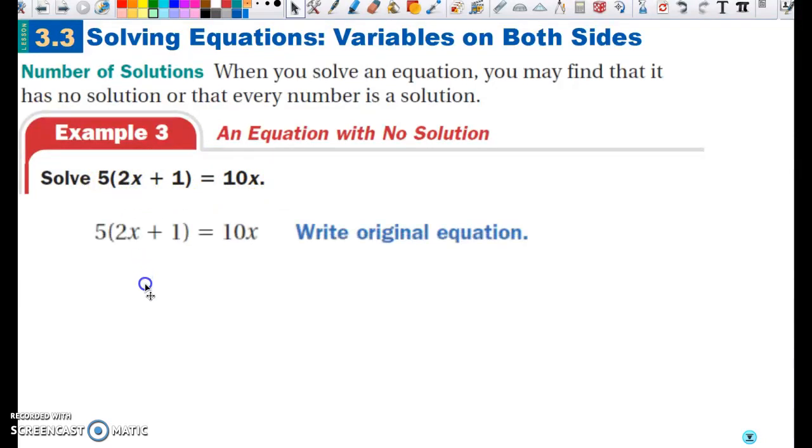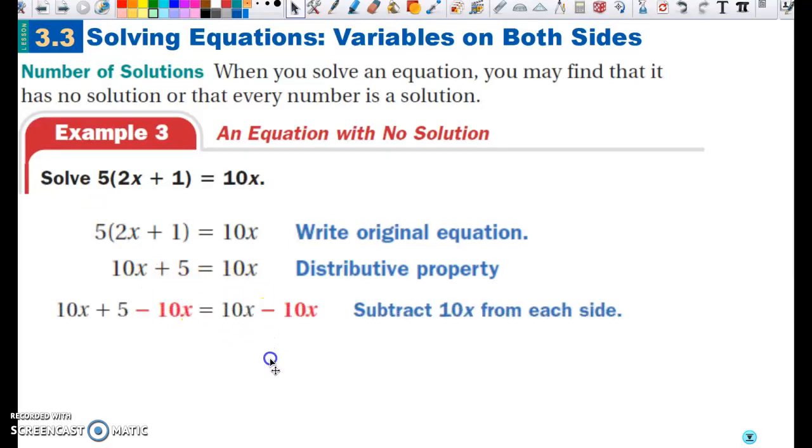Begin by just looking at the equation and then trying to figure out what to do next. In this case, distribute the 5 by multiplying. 5 times 2, 10x. 5 times 1, 5. Now watch what happens. I want to move the x's to one side of the equation. So I subtract 10x. I don't have a choice. They're both the same. So I just subtract 10x. And of course, they go to 0 on both sides, but this has an extra 5. Now I have this equation